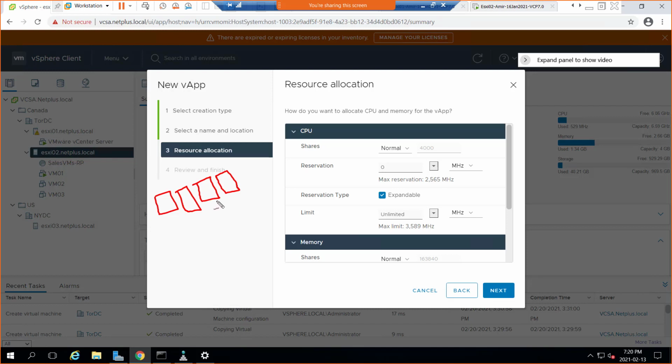So why should we then, in fact technically it would not be possible as well, that you create a resource pool for these machines and then you want to create a VApp separately, right? So either inside the resource pool where these machines are, you can create a VApp as well, or when you're creating a VApp, you can configure also a resource pool for these machines. So these machines can be either in a resource pool, or if you separately created a VApp and resource pool, they could either be in a resource pool or in a VApp. But if you want to configure resource pool plus VApp for these virtual machines, it's better to create a VApp that has a built-in resource pool inside it